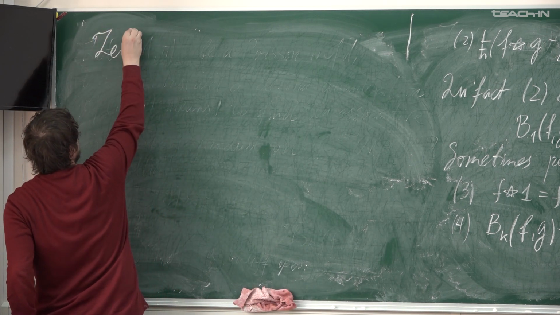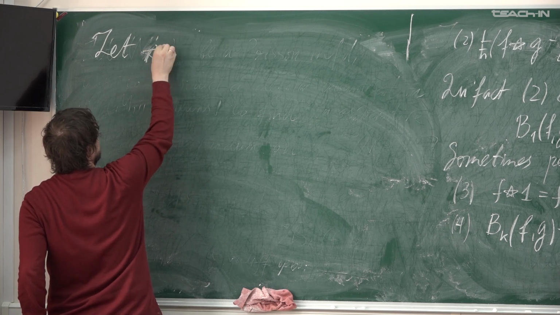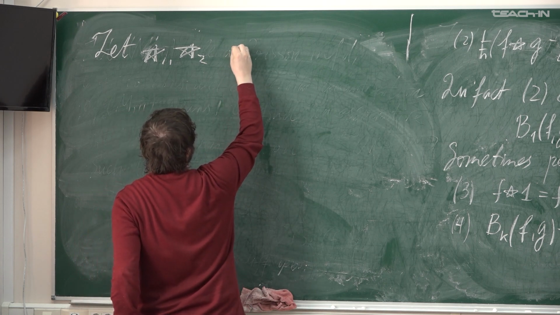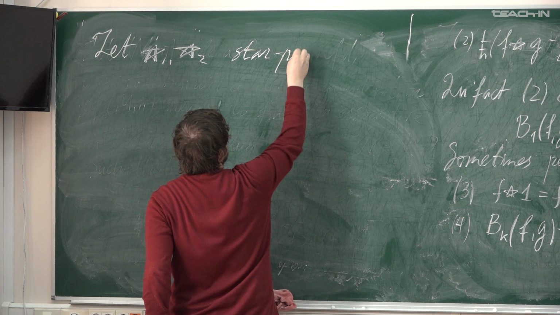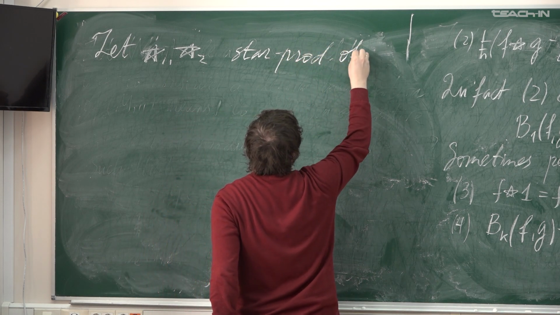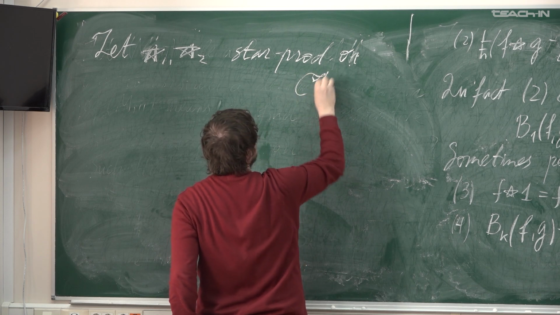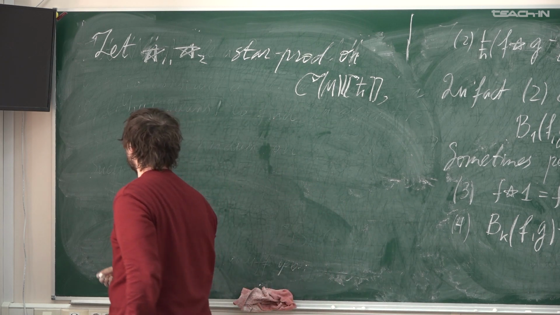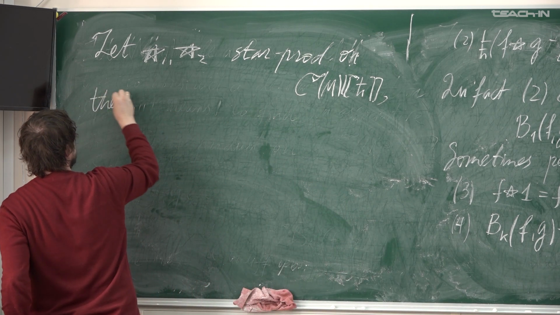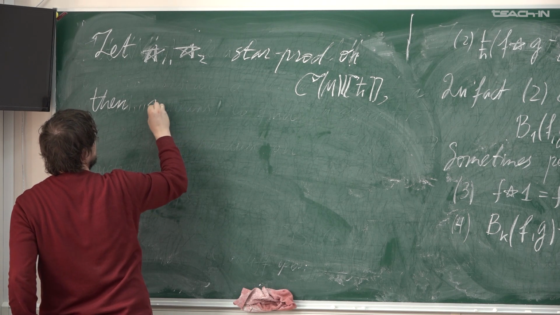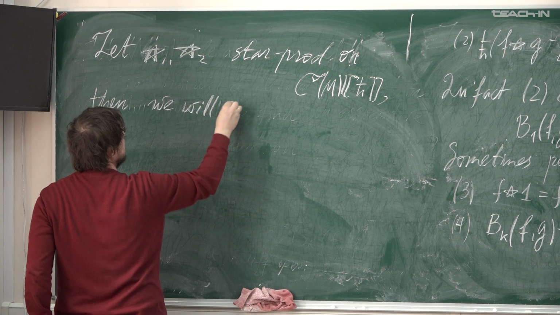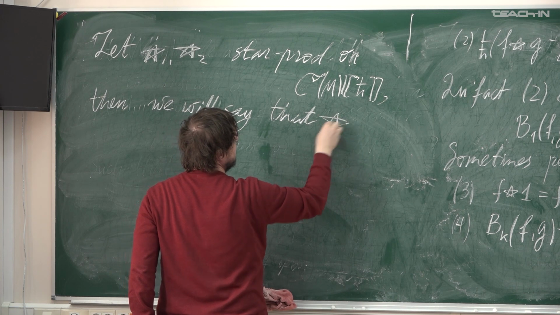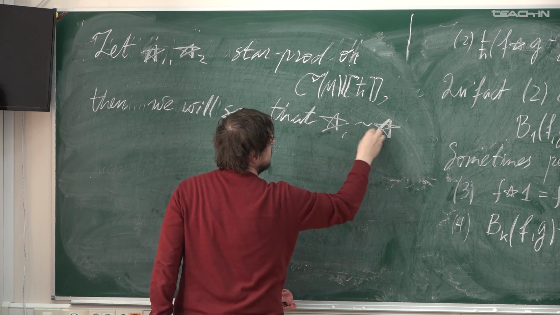Let star 1 and star 2 be two star products on C infinity of M enhanced by h bar. Then we'll say that star 1 is equivalent to star 2 if